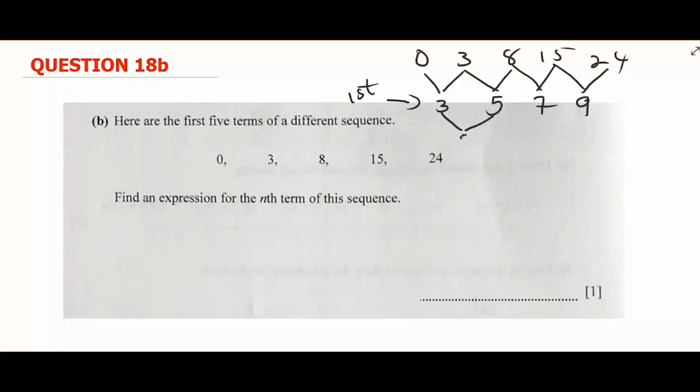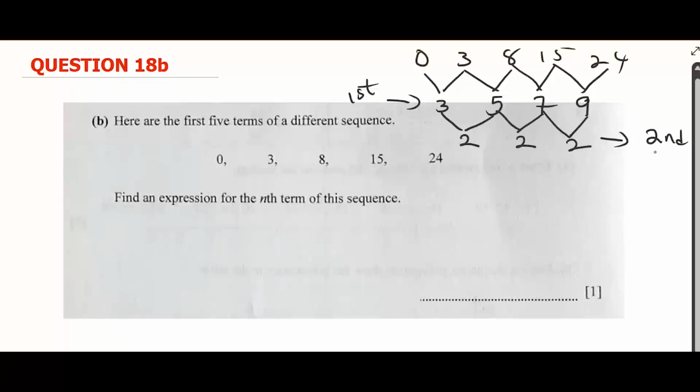5 minus 3, you have 2. 7 minus 5, you have 2. 9 minus 7, you have 2. So this one here is the second difference. So at the second difference, we have common difference. Our common difference is what? Is 2. So let's say the common difference